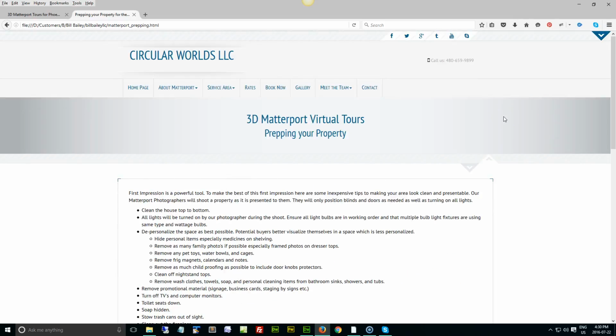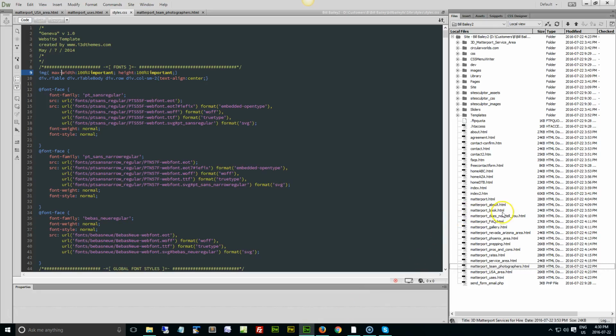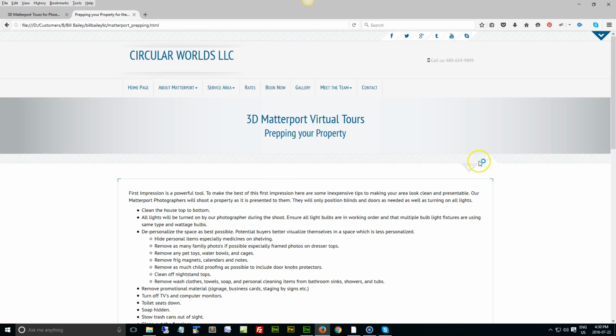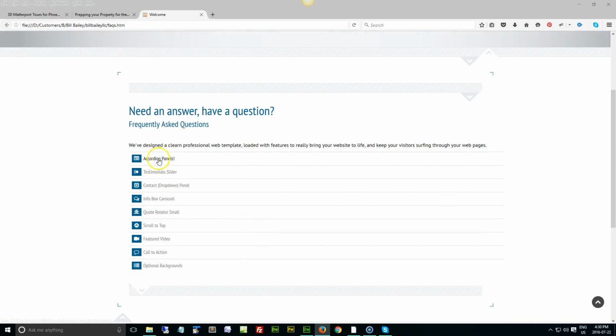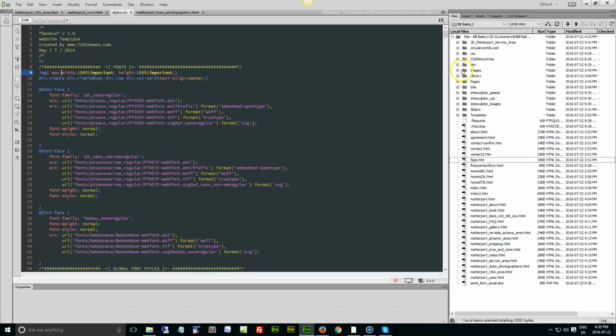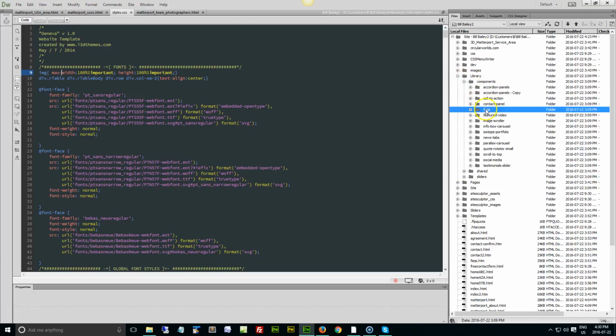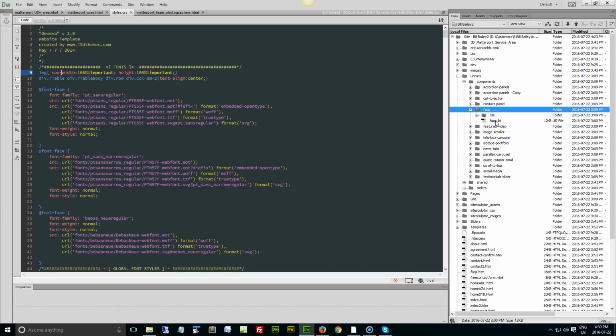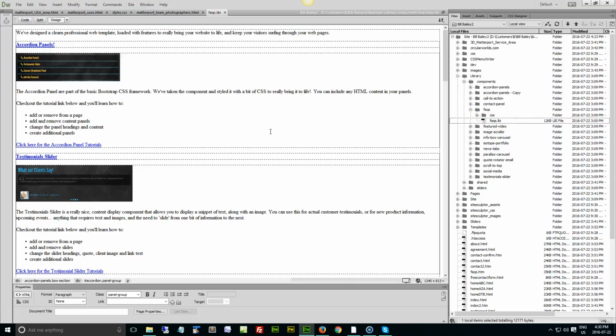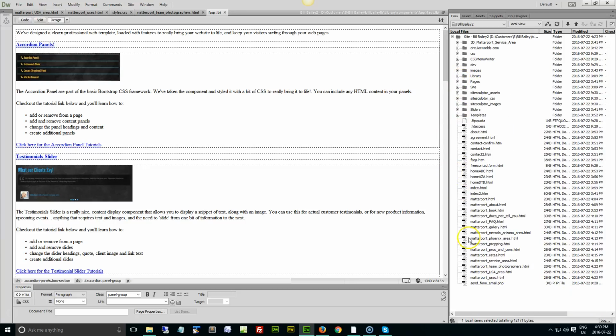Okay, so this is where you can continue working on the site, obviously. And what I did is you have an FAQs page right here. I've left in the original, but what I did is I modified it for you. So now we have the accordion panel in here, okay? And I have put into the components folder, we have the FAQs, and I've actually updated the FAQs LBI. It's exactly the same as the accordion. I've just given it its own name. It was already one there, but it was just blank. So I've now populated it with the right code so that if you want to use that,